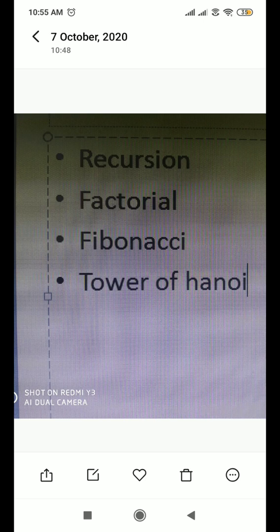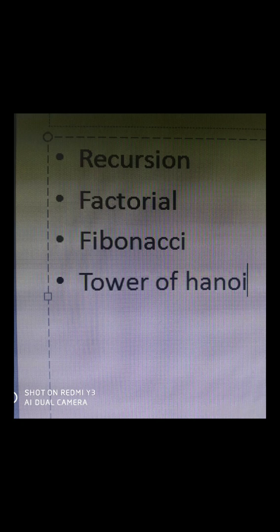If you call recursively, and n is greater than 1, first I move from beginning to end, next I move from beginning to intermediate, and next I move from intermediate to the end. This is how I call the Tower of Hanoi functions. My main task is to move the disk from source to destination. This completes the recursion part.